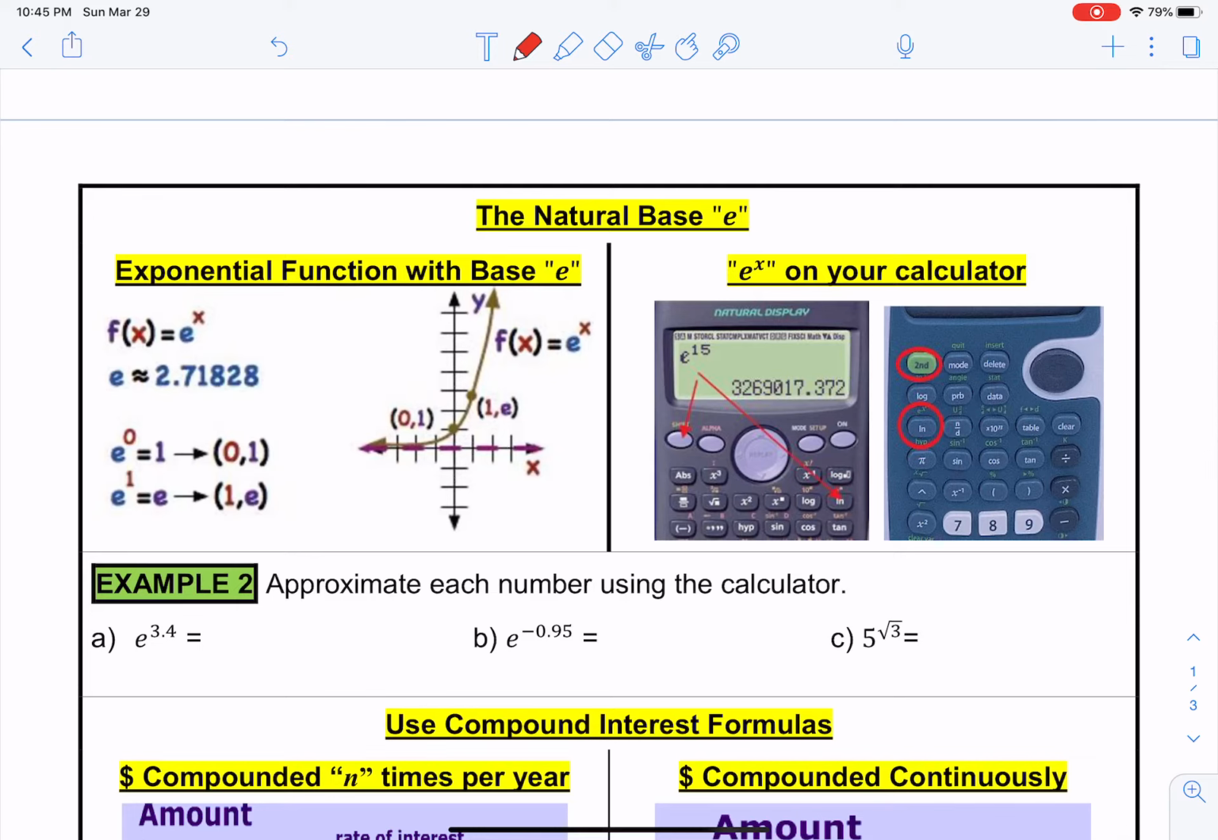So in the previous problem, the base was 3. We have a specific base called the natural base, which is denoted by the letter e. So the function y equals e raised x, or f of x is equal to e raised x, is the natural base exponential function. And what is the value of e? The value of e is 2.71828. And you can see that the graph of e raised x, it looks like any other